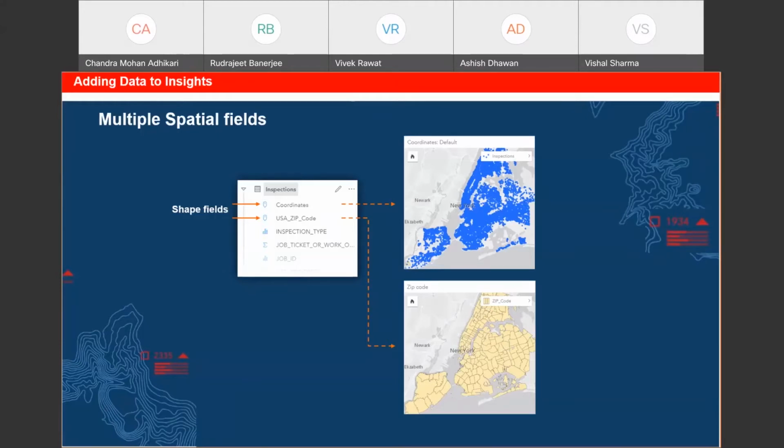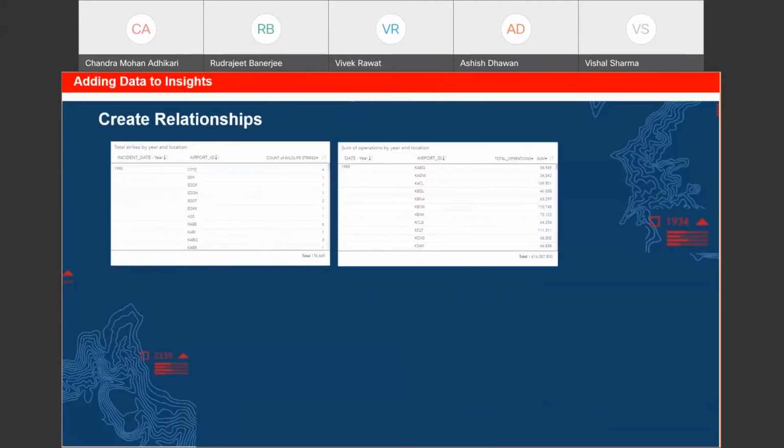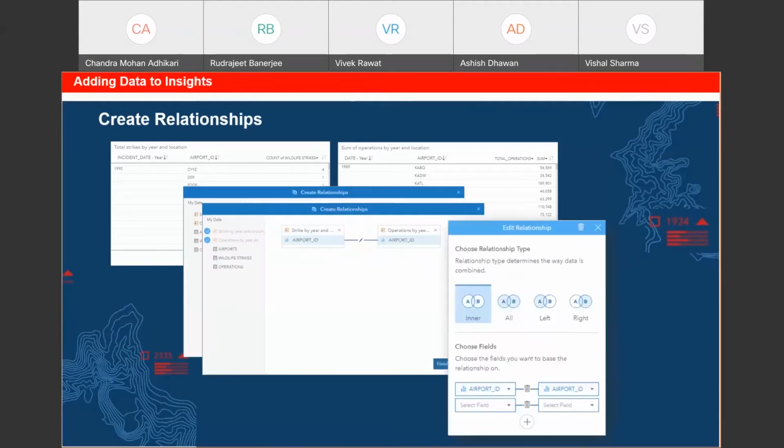We have slightly different terminology for how we join and relate the data, but the approach is the same as we do in GIS. So we create the relationship using spatial joins based on any specific fields. It can be on the basis of certain IDs, like we do as a standard practice. And we have different types of join over here. Like most BI tools, we have multiple options which we can choose as per our requirements.